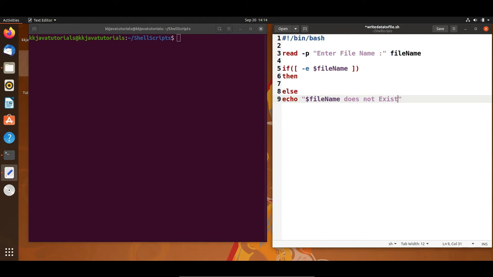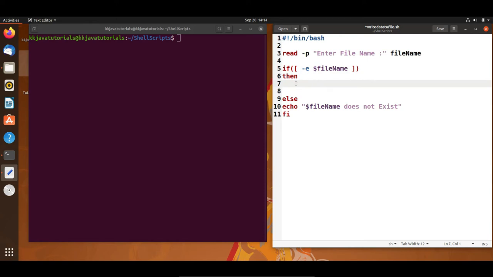A simple message. If this file exists, then what else do we have to do? Of course, finally you have to end this if condition. Always when if starts, you have to write the end, which is just the reverse of if: fi means if is ending.